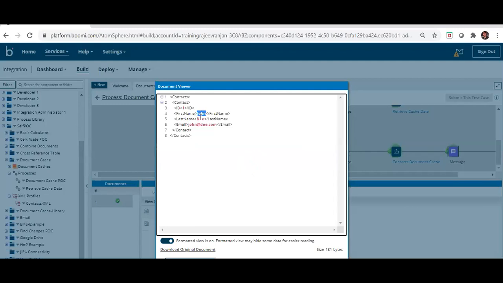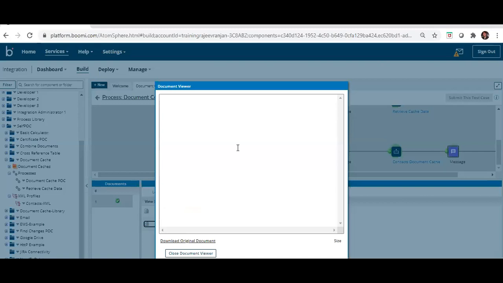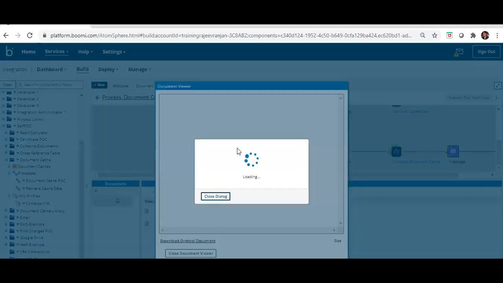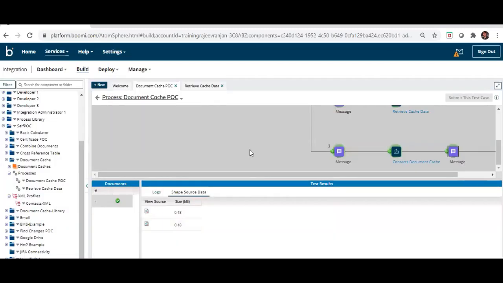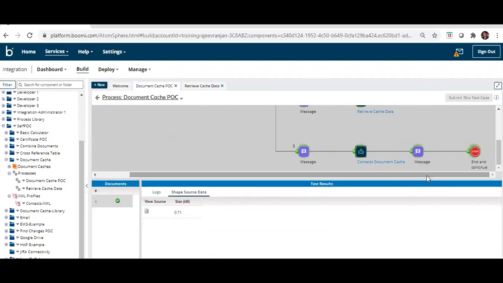You can see this is John Doe, we have received one, and the second one we have received is John Smith. So we are able to successfully fetch the data from the cache, which I already added in branch shape 1, on the basis of the first name index equal to John. And here we are able to get these two documents.